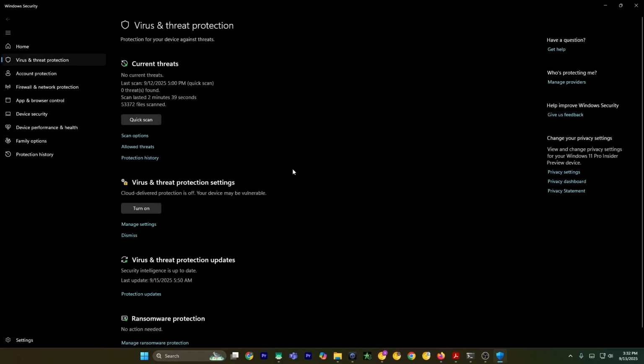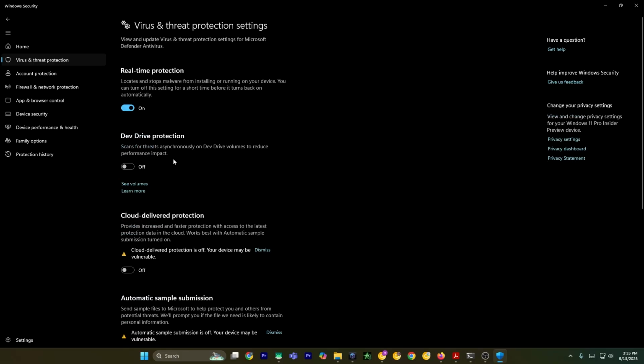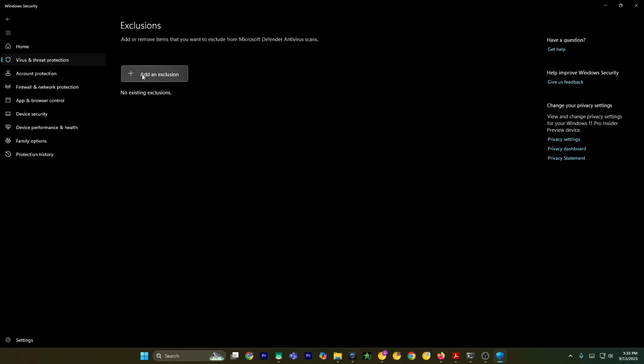It will open settings. Now scroll down just a bit and select manage settings. Now what you have to do is scroll down all the way to the bottom of the page. Here you'll be able to see exclusions. Select add or remove exclusions. Here, select add an exclusion,